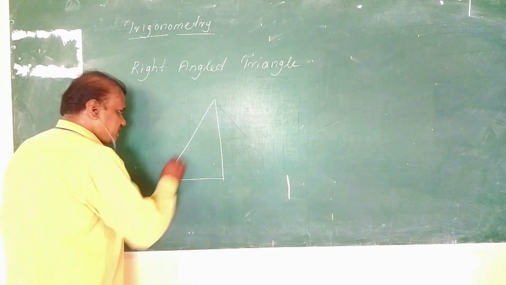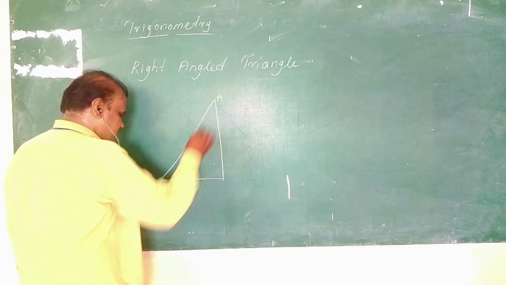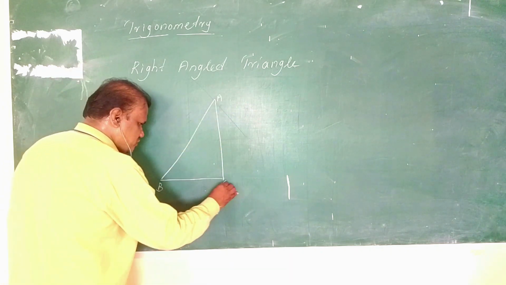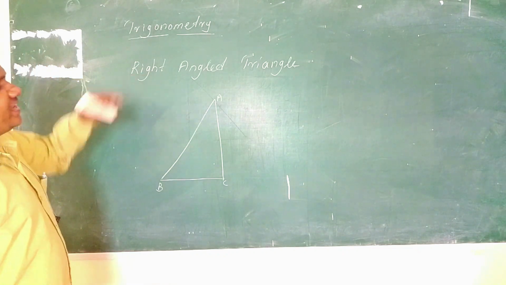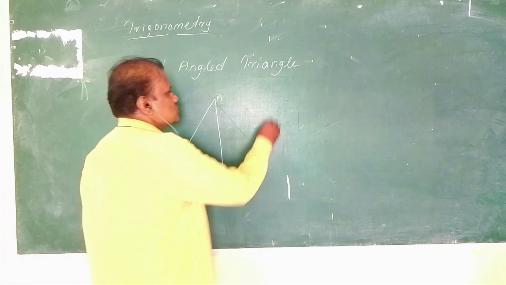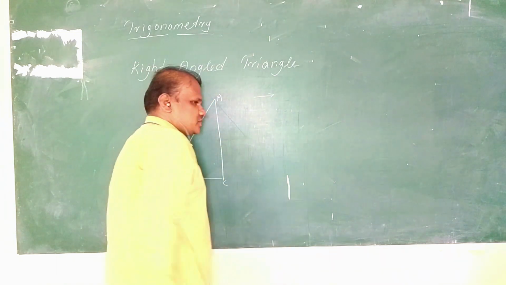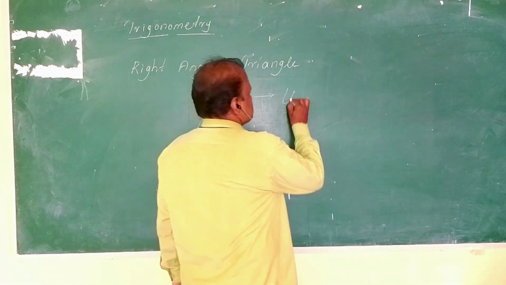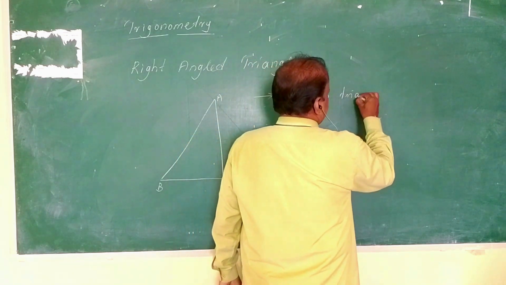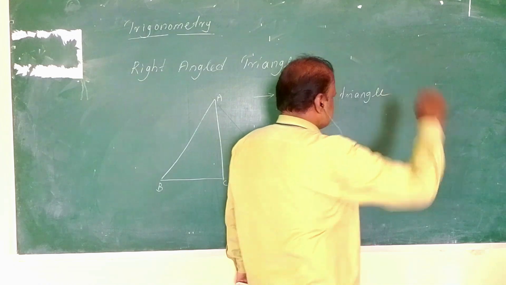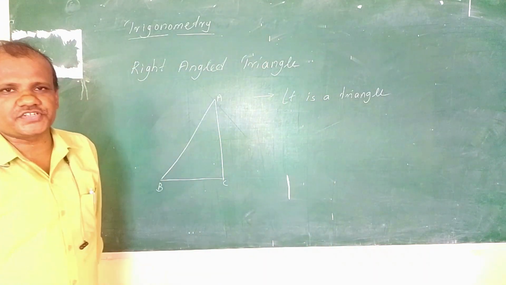For example, here I am going to represent this trigon as ABC. A right angled triangle is basically a triangle that has 3 sides,